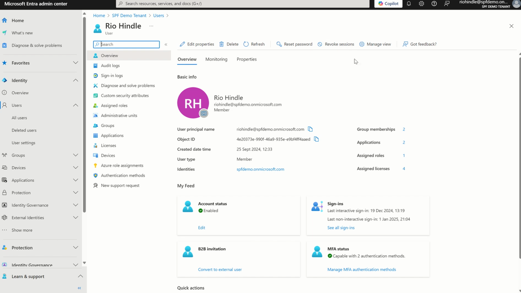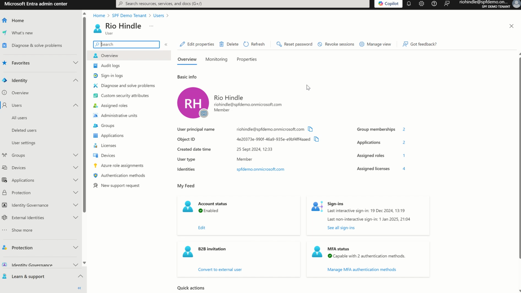Revoke sessions is all around revoking the PRT token for the user, which is the primary refresh token. The primary refresh token is the orchestrator of access tokens for the user account. Access tokens are presented to applications, which within an access token have what we like to call a claim, which is information around the user and what they're trying to access and whether or not they have the relevant privileges to access that application. So we would tend to use revoke sessions when someone's either left on kind of bad terms and we block their user account, or